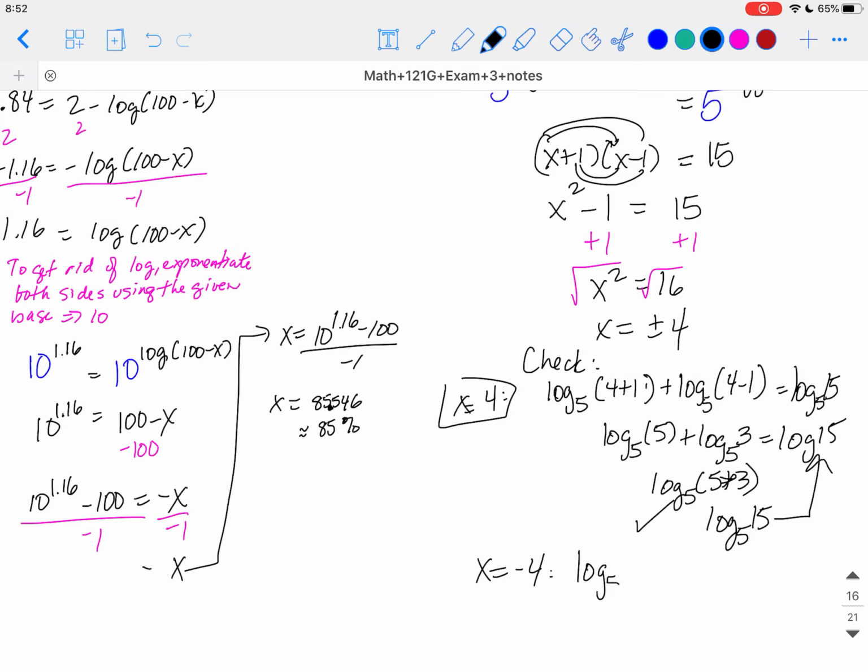Now we need to check x equal to negative 4. So it's going to be log base 5 of negative 4 plus 1 plus log of negative 4 minus 1 is equal to the log base 5 of 15. Well, this is going to be the log base 5 of negative 3, and we can never take the logarithms of negative numbers. So that's not possible. Therefore, that's not possible. If you were to do it in your calculator, you would get